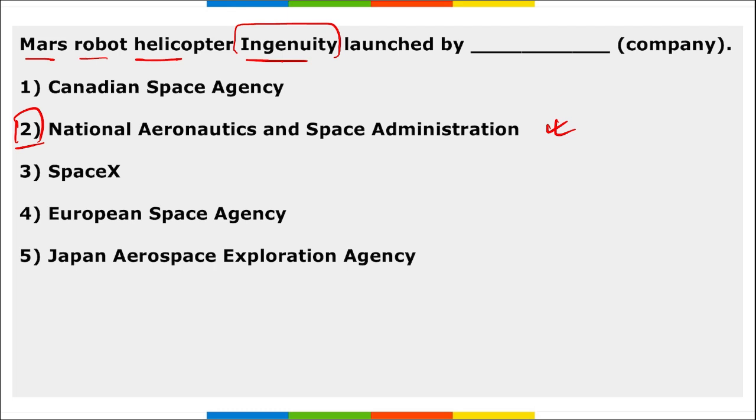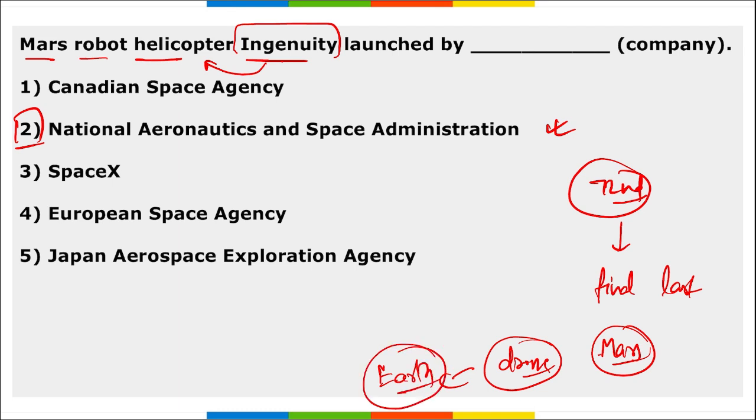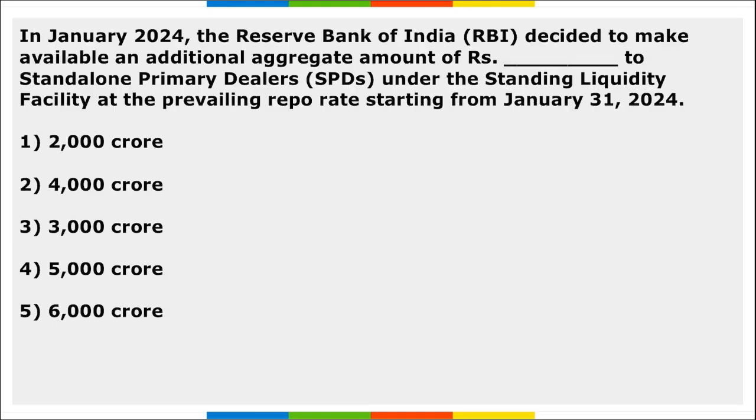Correct? And remember, the fate of Ingenuity was sealed when the Ingenuity beamed back to Earth after its 72nd flight, and this was the final and the last flight of this Ingenuity helicopter. Correct? This is the helicopter that is taking flights on the surface of Mars and collecting data. Correct? It is acting as a drone there, and it is being operated from Earth. Correct? It is powered there by solar panels, or we can say it is powered there by solar energy.